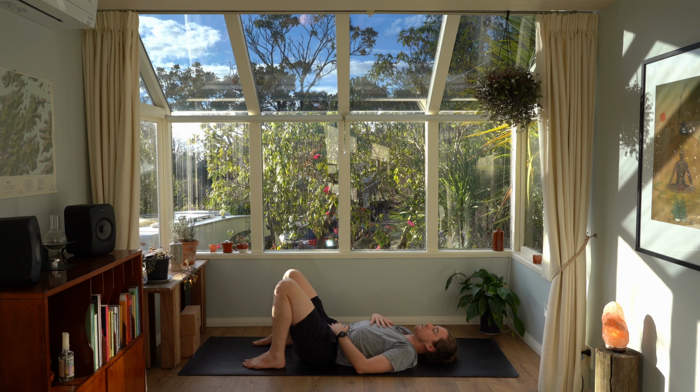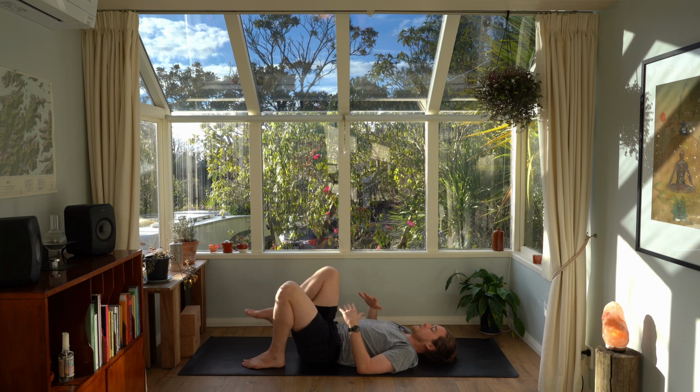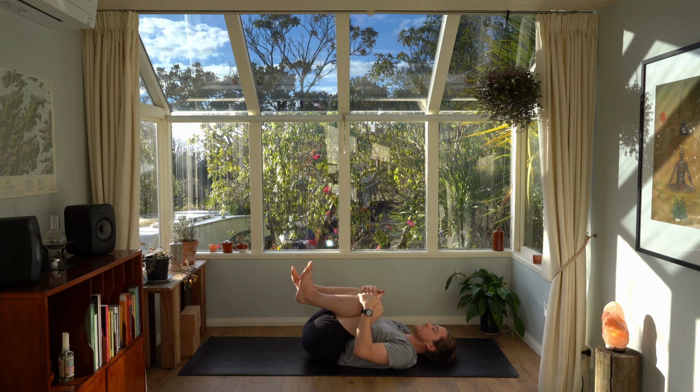2 more breaths like that. And when you're ready, you can either stay here and just breathe through the rest of this relaxation, this Shavasana, or you can come into a happy baby pose. To come into happy baby, bring your knees onto your chest, squeeze them in to begin with, and then take